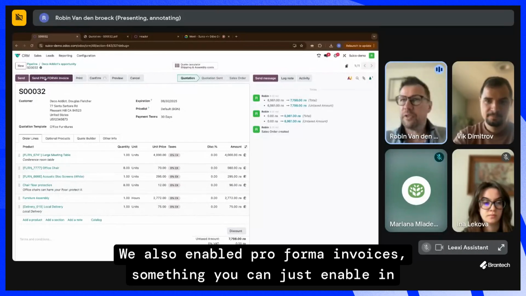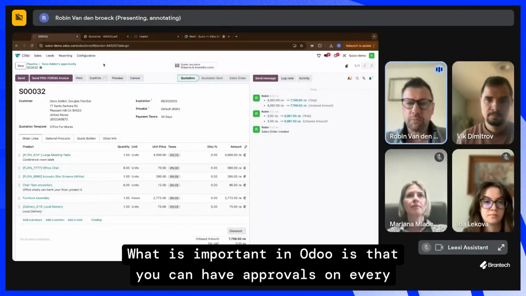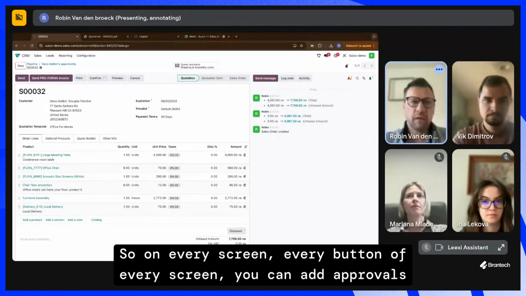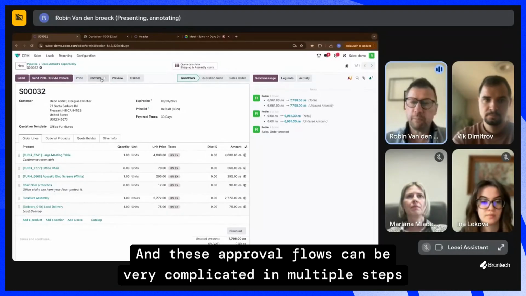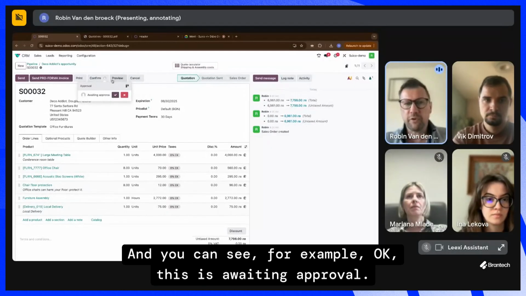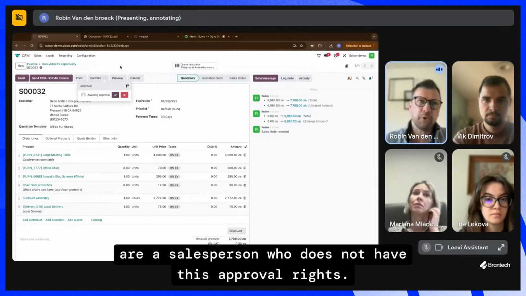We also enabled pro forma invoices, something you can just enable in Odoo to start using this. And what is also important in Odoo is that you can have approvals on every single button. On every screen, every button of every screen, you can add approvals. These approval flows can be very complicated, with multiple steps and multiple approvers. I now enabled it for this confirm button, and you can see, for example, that this is awaiting approval. So I can now give an approval, or if you are a salesperson who does not have this approval rights,